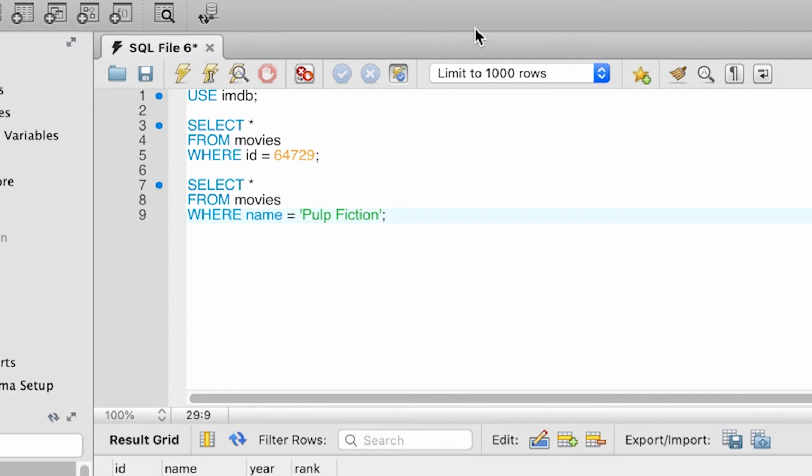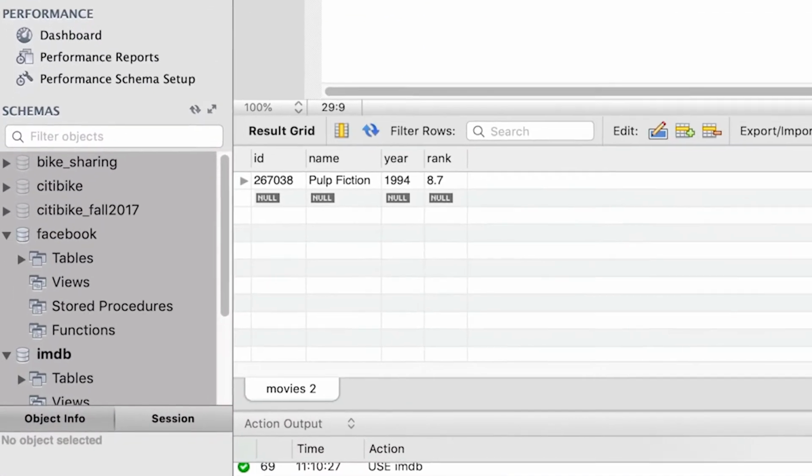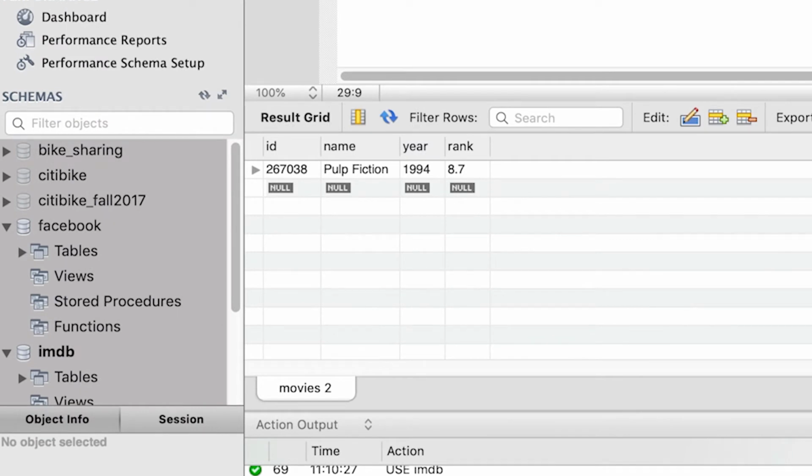Notice that the value Pulp Fiction is text, so we include the name Pulp Fiction in quotes. So we execute our query and we get back the movie entry with ID 267038 for the movie Pulp Fiction that was released in year 1994 and has a rating of 8.7.